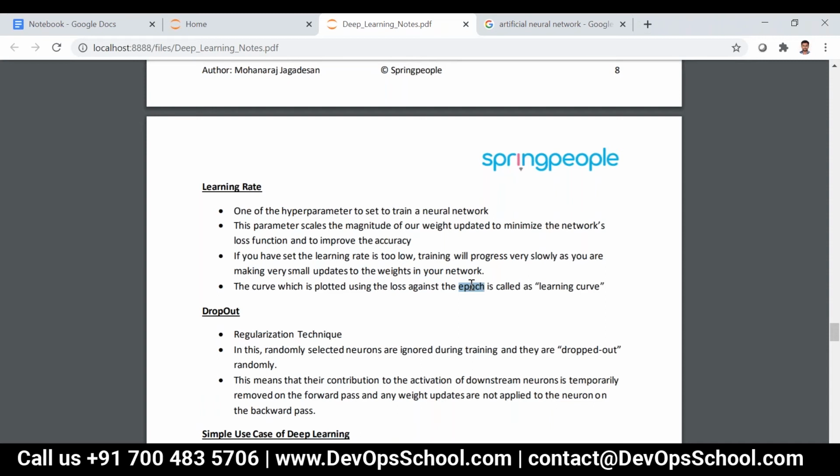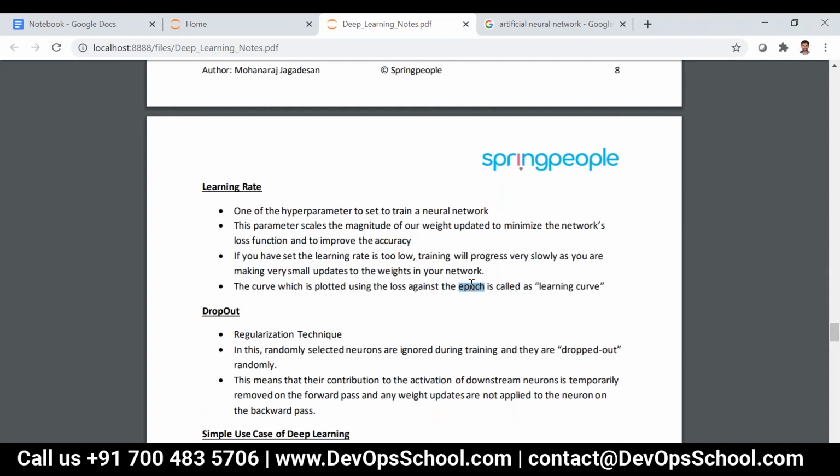Epoch 1 means first iteration, epoch 2 means second iteration, like that. For each and every iteration, there will be some plot which will be generated automatically when you use TensorBoard. TensorBoard is like a Tableau dashboard, we can say, which will produce the learning curve.